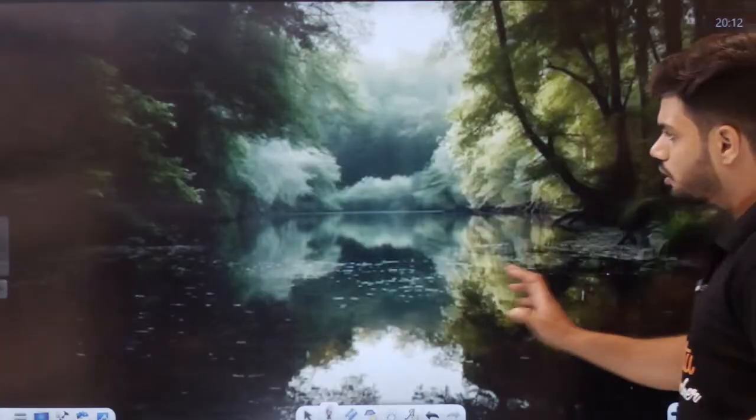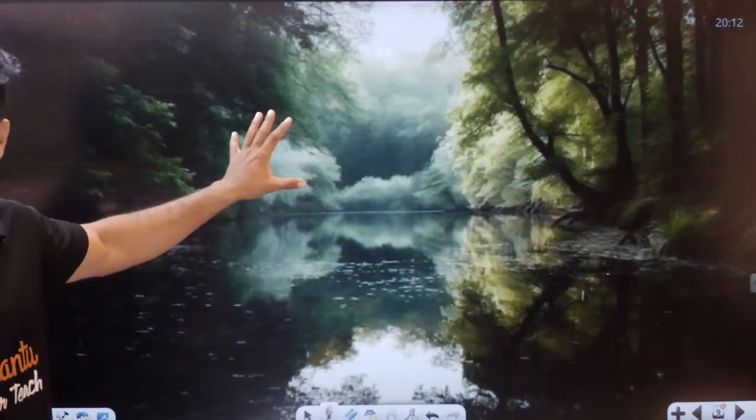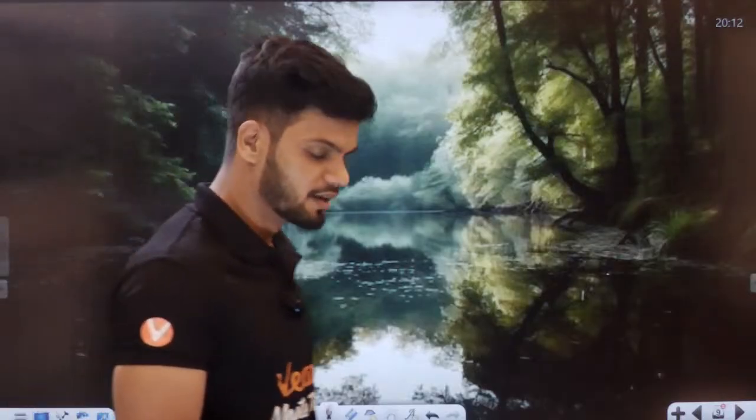Now, I want all of you to look at this beautiful image. Very nice image, no? Now, if you look at this image, students, do you think microbes are in the air, like in this air also? Do you think microbes are present in your water? In the tree? In the soil? All of you in the chat, tell me, do you find microbes in all the surroundings?